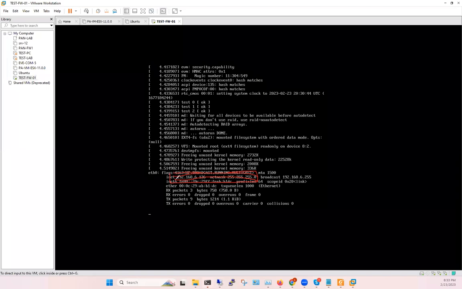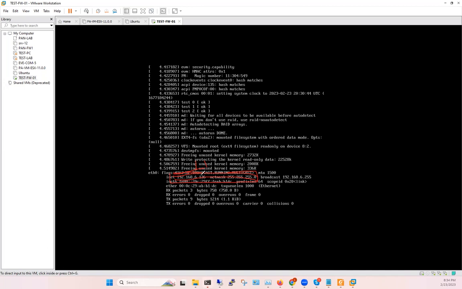But if we are talking about the hardware platform, on the hardware platform there is a pre-assigned IP address. That one is 192.168.1.1. By default on your management interface, you will get that IP address, right? Then with the help of that IP address, you have to access your Palo Alto firewall, and then you can change that IP address. And by default, the username and password is admin on